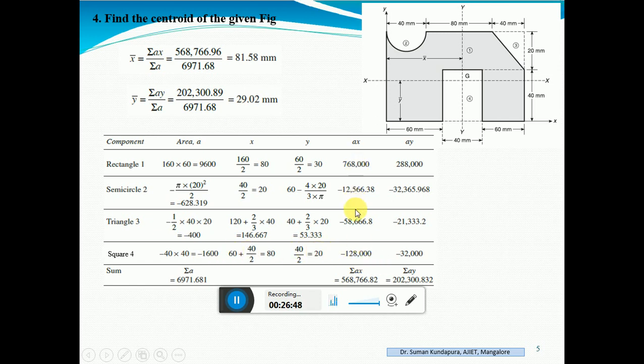So you will get sum of all these. Three are cutouts. Only the entire rectangle is positive. So cutouts are all of them, you are getting it as negative. So just sum it up, find out the net value of these two, substitute the values here. Summation A substituted here. Find out x bar and y bar for the shaded region.